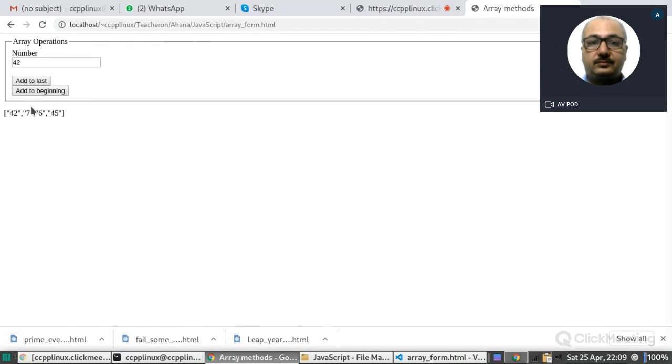But in case of searching, we just need to take one more argument from the user: which element does the user want to search? For example, this is our array, and we want to make a search button here, search a number or simply search. So when the user clicks on that search button, what should happen? It should first of all ask for a number.